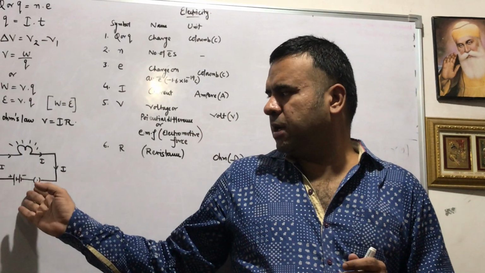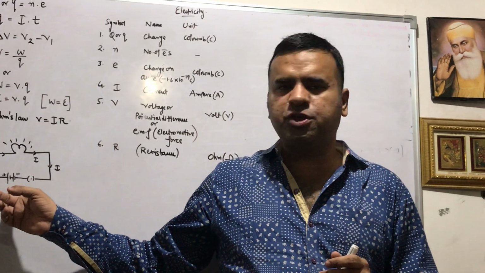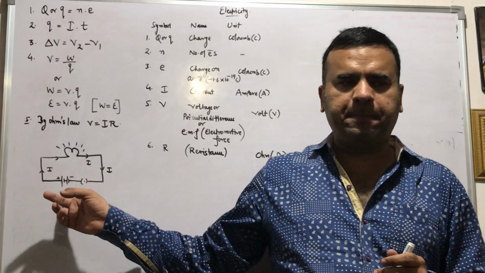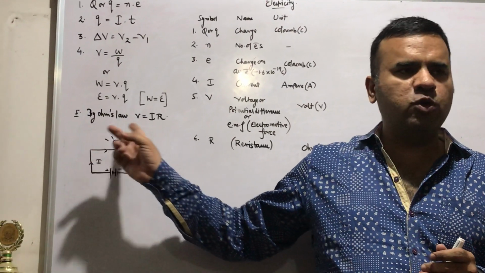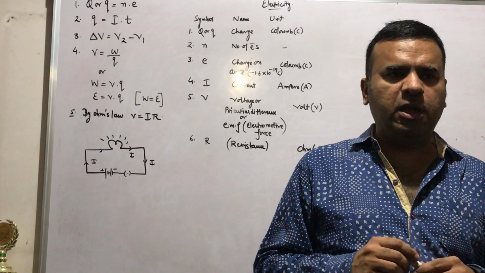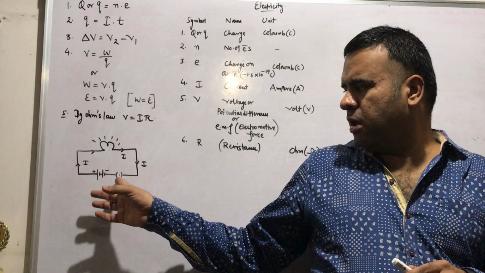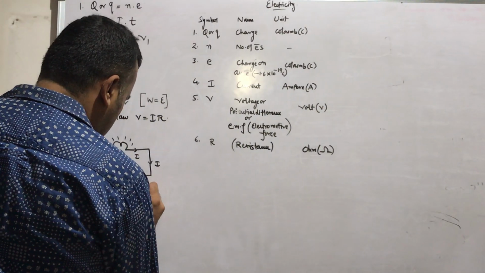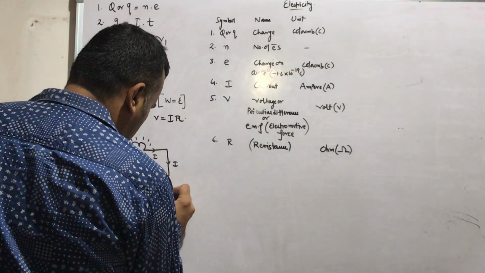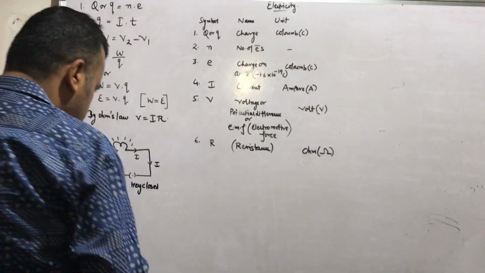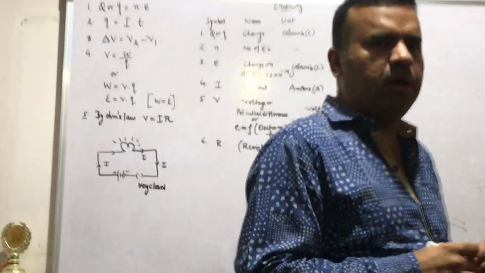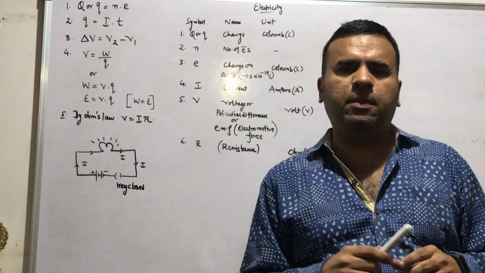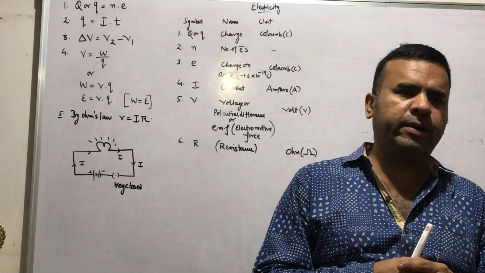I have shown a simple electric circuit here in which we have used a two-cell battery. Current always flows from positive to negative terminal of the battery. Here we have a key which is closed, or you can say the switch is on, and here we have a bulb. This is the symbol of an electric bulb, and the electric bulb is glowing.